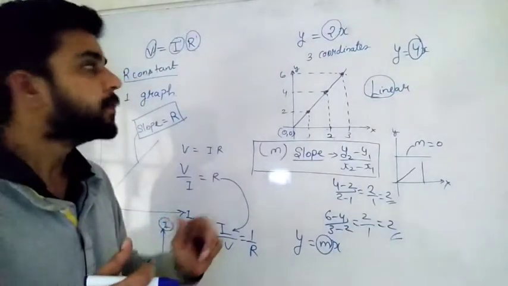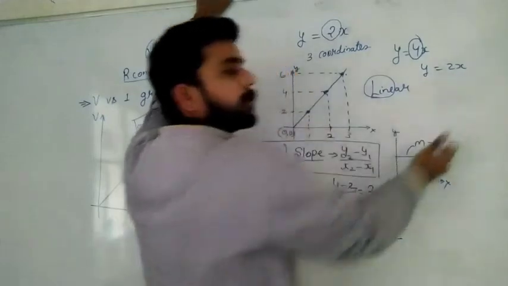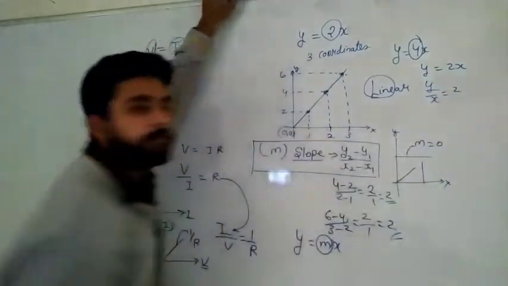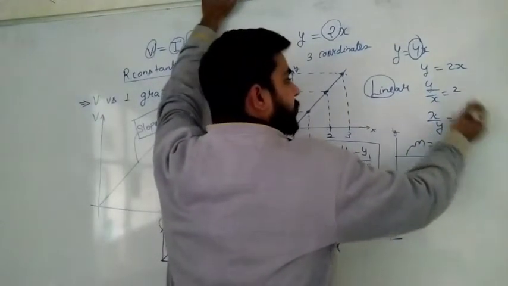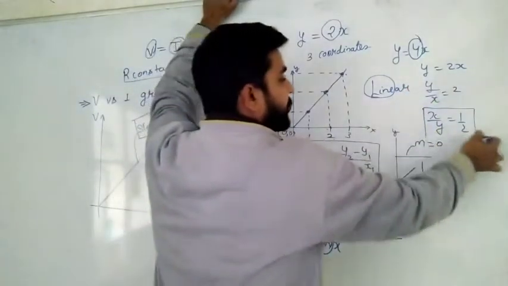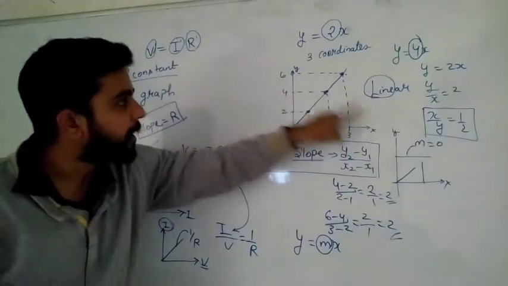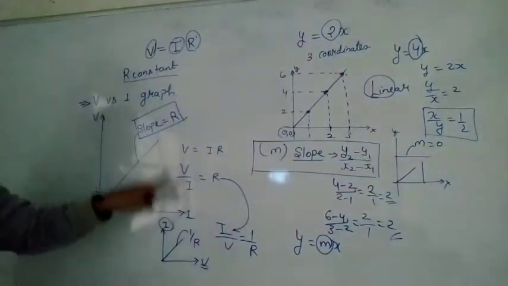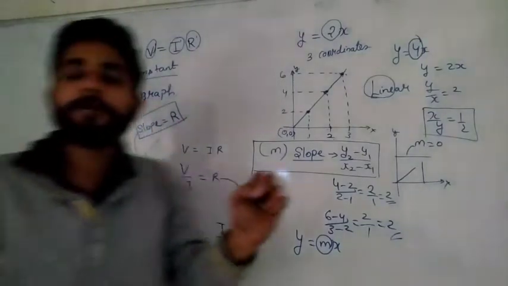Okay, beta. Similarly, you can understand here, if y is equal to 2x, then what is the y by x value you got? Sir, 2. And what is x by y? Sir, I will get 1 by 2. We have to take the reciprocal, so if this is reciprocal then this also has to be reciprocal. So if we interchange both, then the slope will get reciprocal. V versus I graph slope is R and I versus V graph slope is 1 by R. You should remember it properly, beta.